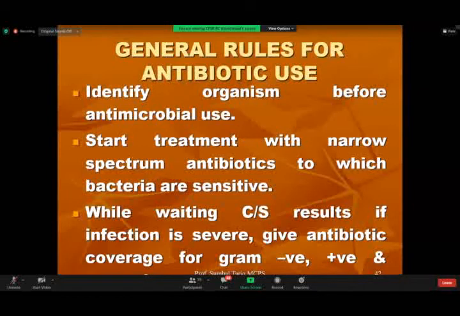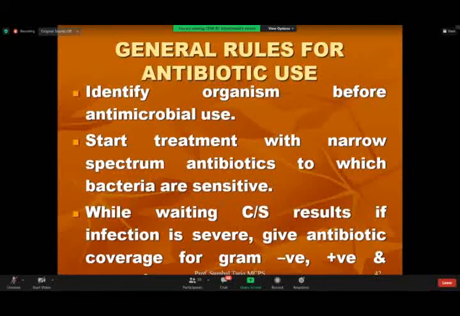और इसके लिए basically करना क्या चाहिए, you do not start the treatment at all before you take a culture sensitivity test. अगर आप culture sensitivity के लिए let's say throat swab नहीं ले रहे हो and you just prescribe an antibiotic, so maybe you took the wrong way, because you've already given the patient an antibiotic and the bacteria which were there have not been identified, and they can produce resistance to that antibiotic and all of its group. So therefore, start treatment with narrow spectrum antibiotics after taking the culture sensitivity.